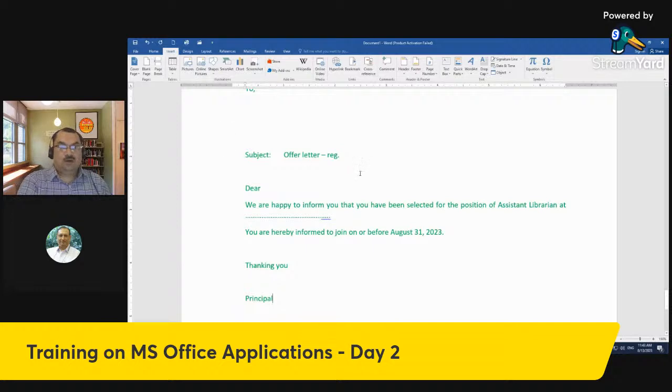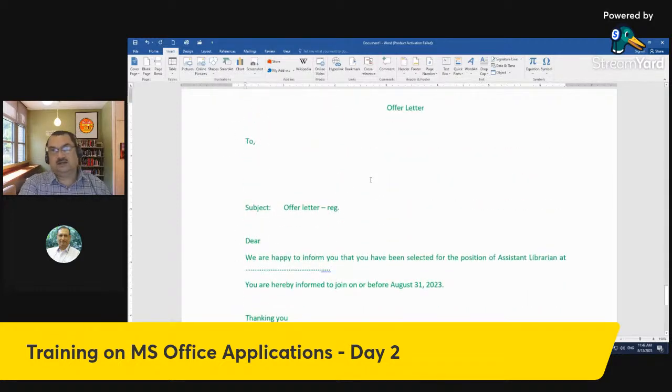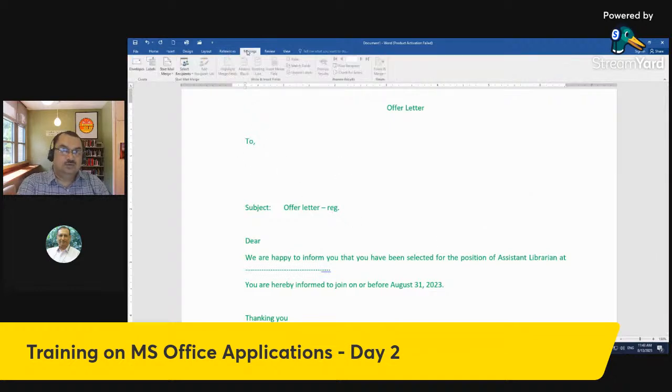Okay. Now what? How can I add those names here so that I do not have to type this letter again and again, because typing name, designation, and all these may kill your time. So you can use the mail merge option, which is given in the mailing tab. First of all, you have to click on start mail merge, and you can see there are many